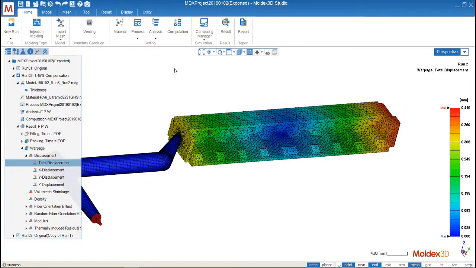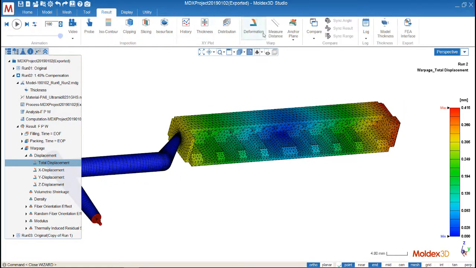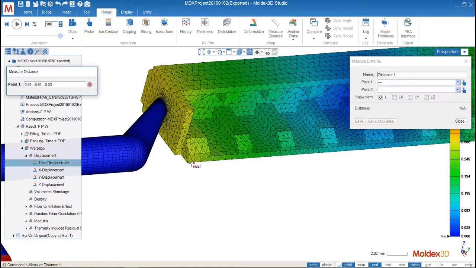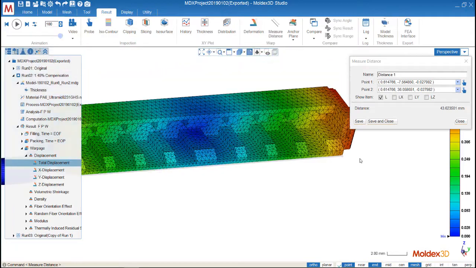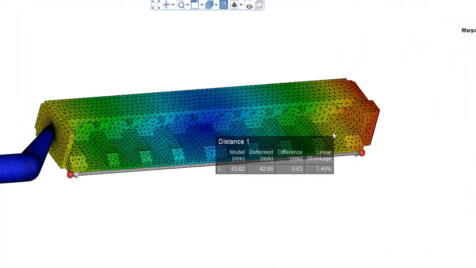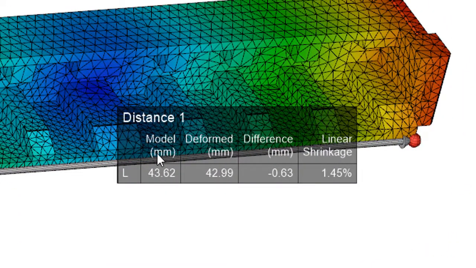And for this case, we measure the distance again from this point to this point. Save and close. Okay, so now the model after our compensation is 43.62, and now the deform scale is 42.99, so around 43. So we can use this method